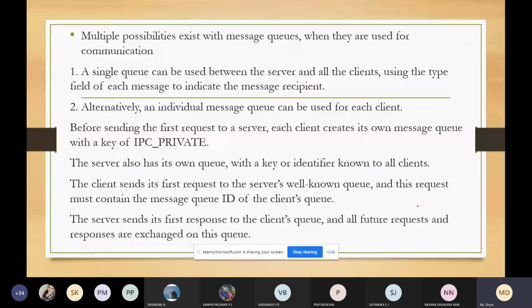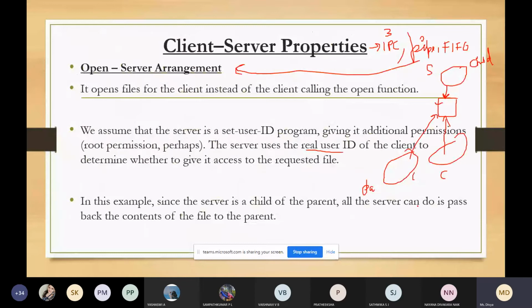This is one way of performing communication between the client and the server process. This way we can build a server that allows certain user permissions that they wouldn't normally have. One drawback of this method is that it can work only for normal files. The server can open the file and allow the other process to read the content of the open file, but it will not work for other files like device files.